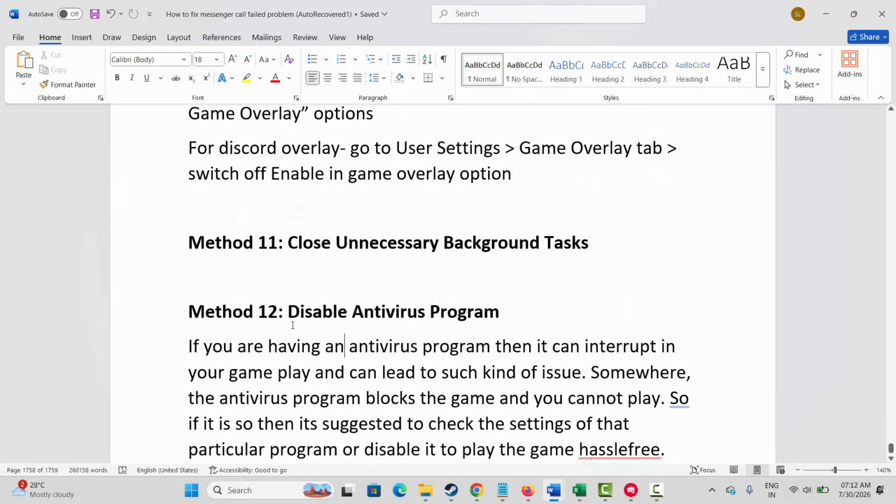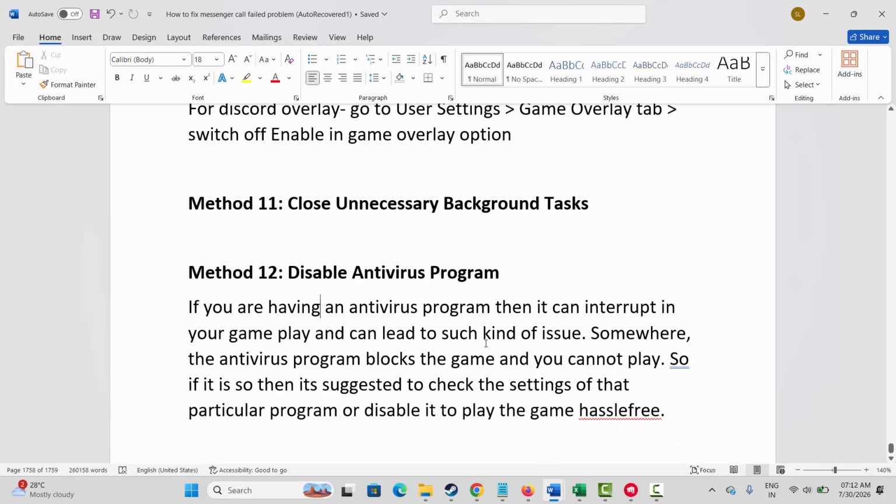Next method is to disable antivirus program. So if you are having an antivirus program, then it can interrupt in your gameplay and can lead to such kind of issues. Somewhere the antivirus program blocks the game and you cannot play. So it's suggested to check the settings of that particular program or disable it to play the game hassle free,